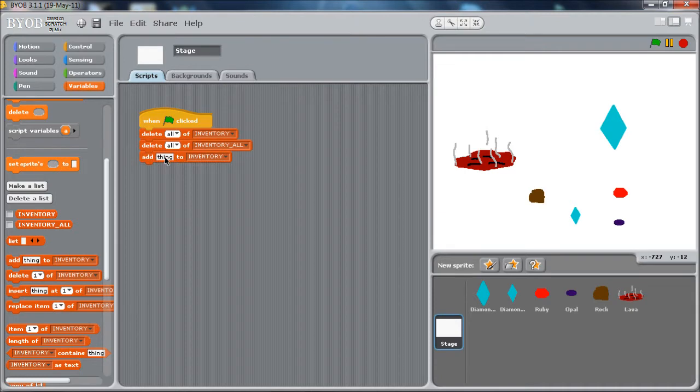So let's just build out the entire inventory all list. So we're going to have a ruby, an opal, a rock, and a diamond. Not the lot, a diamond. So let's see if we can actually start with the diamond. Diamond to inventory all. Good. We'll just duplicate this 4 times. And we'll put the ruby